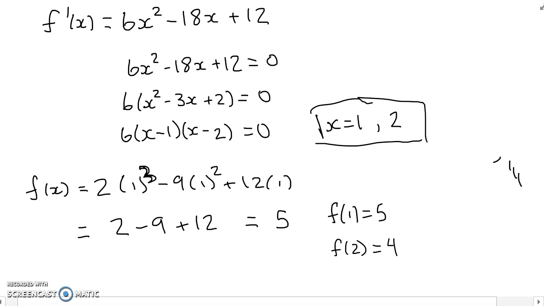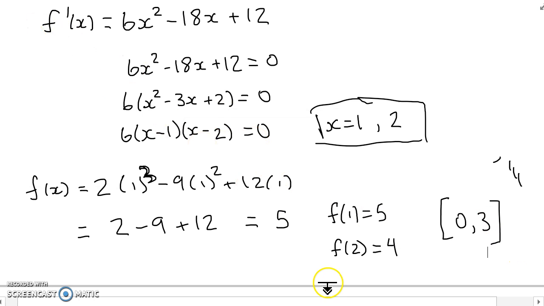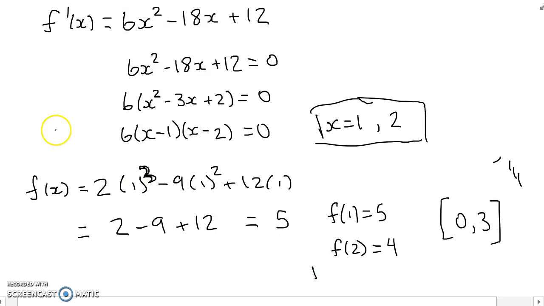So that means that on your graph, when x equals 1, the y value is 5, and when x equals 2, it is 4. But because we are on the interval between 0 and 3, and these two values that we found of 1 and 2 are